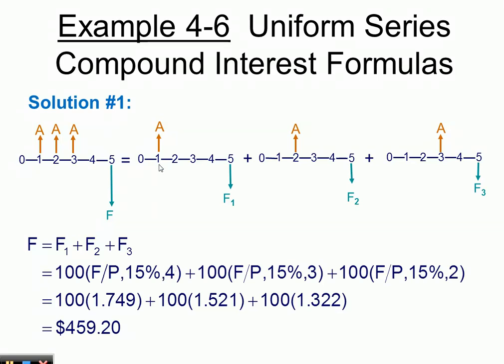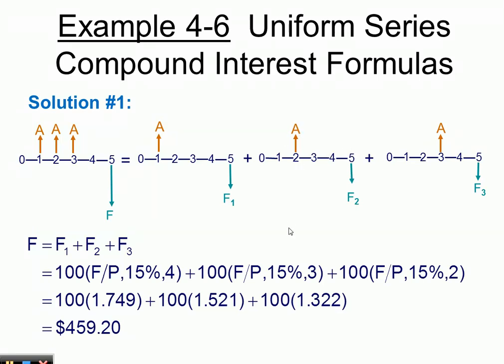So this becomes 4 because we can have this 1 as a new 0, then the 2 will be the new 1, then the 3 will be the new 2, the 4 will be the new 3, and the 5 will be the new 4. So therefore we have 4 here. So that is the future amount for this single amount, the future sum for this A at 1. Similarly, this is the future amount for the single